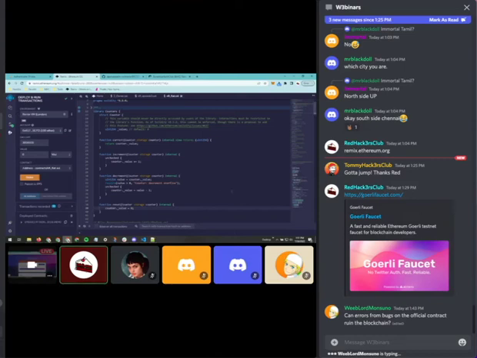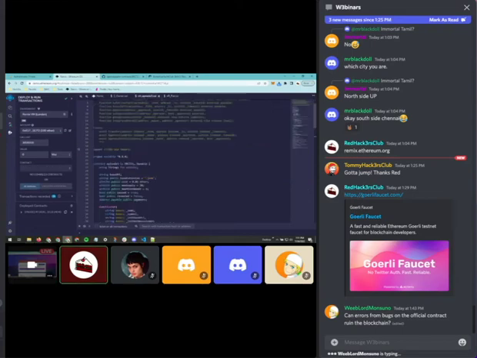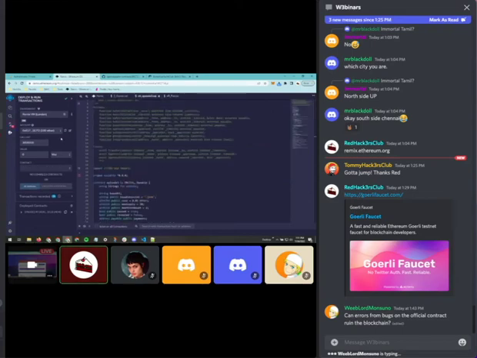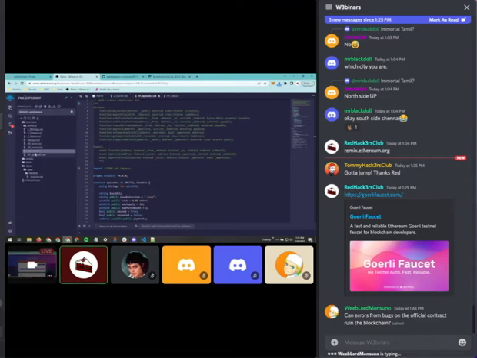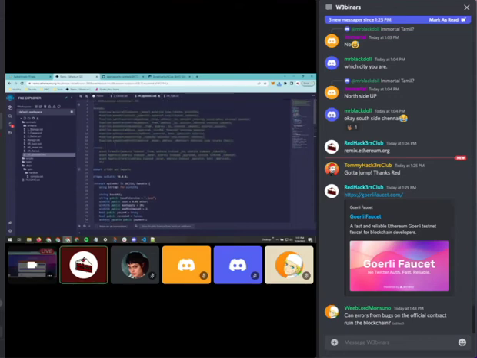Now, we're at 151. We're a bit deep into here, so I don't want to spend too much more time looking at what's in this contract. What I'd like to show you instead is how we could deploy a contract using Remix. So if we go back to this token here, or